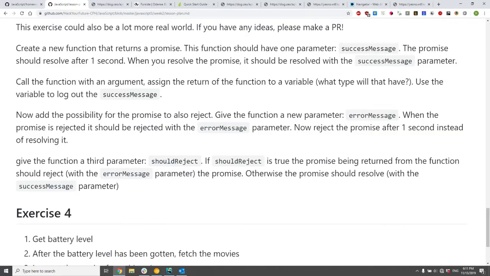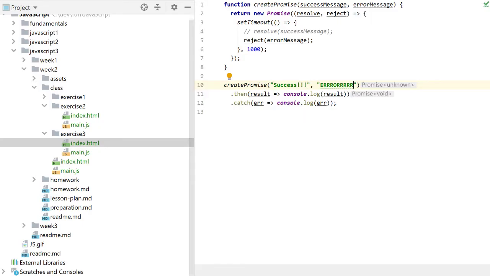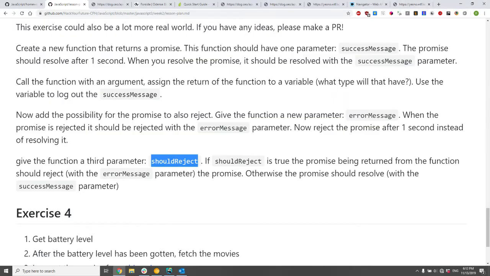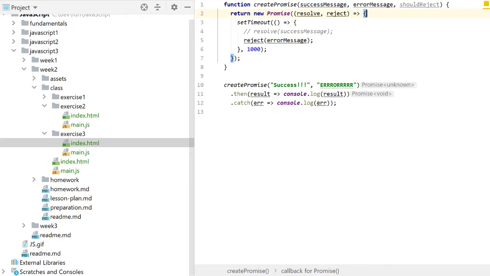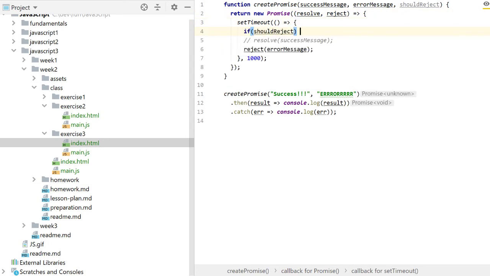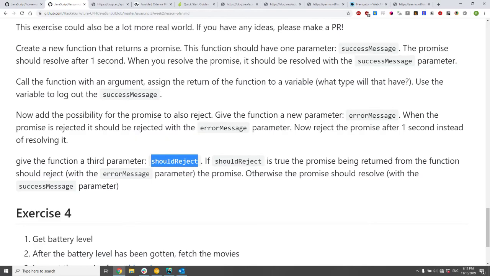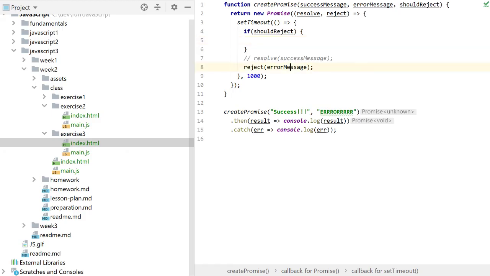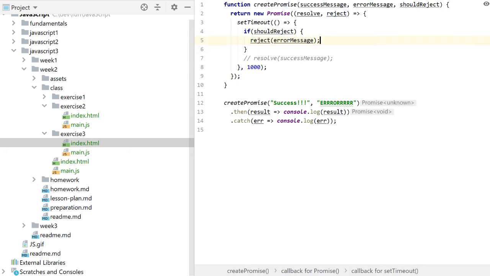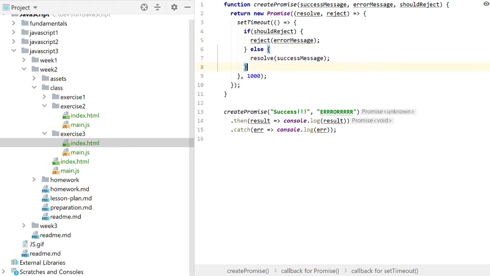Then we should add a third parameter, should reject. If should reject is true, then the promise returned from the function should reject. So this. If not, it should resolve. So this. Then we can pass in false, it should not reject,